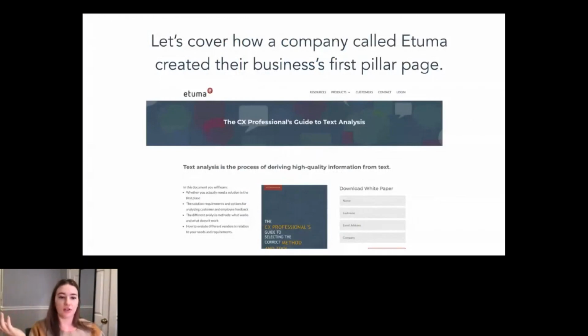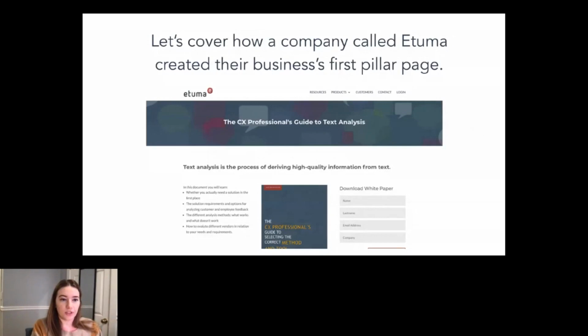So this company is called Etuma. Etuma has a product called Open Text Search. This product basically takes a huge amount of free text as an input. It analyzes the contents of the text, and then it gives the user output that organizes it into major trends and takeaways. So potentially it could take a huge block of NPS or customer feedback and say, the sentiment of this text is negative.